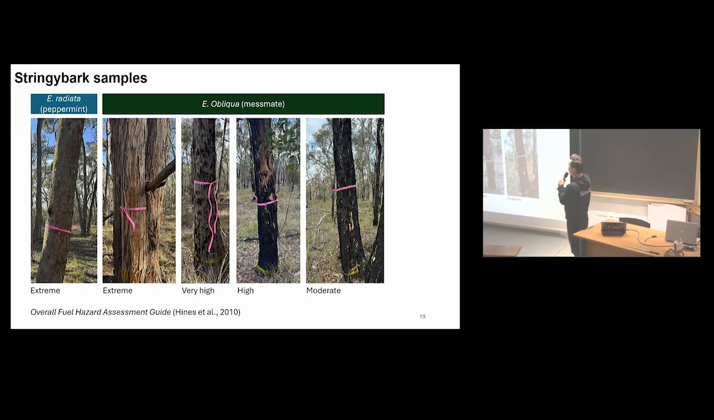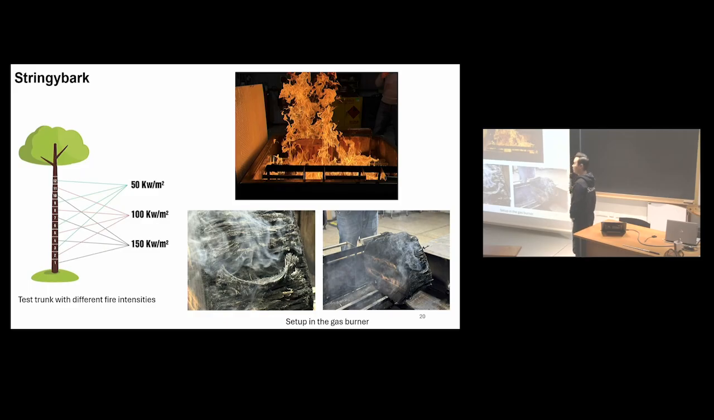This one is peppermint, and 4 of this one are messmate. The reason is that we see peppermint doesn't produce a lot of firebrand, so we only want to focus on the messmate, the Eucalyptus obliqua here. After we get the sample, we want to design the way we burn it. So we chop the trunk into different sections, from bottom to the top,